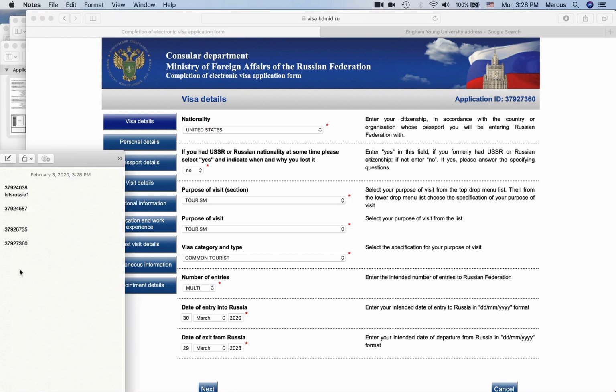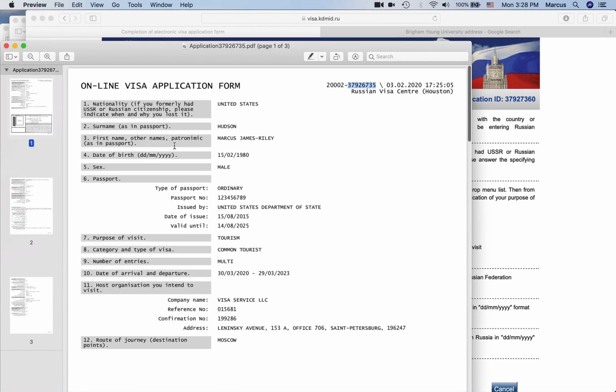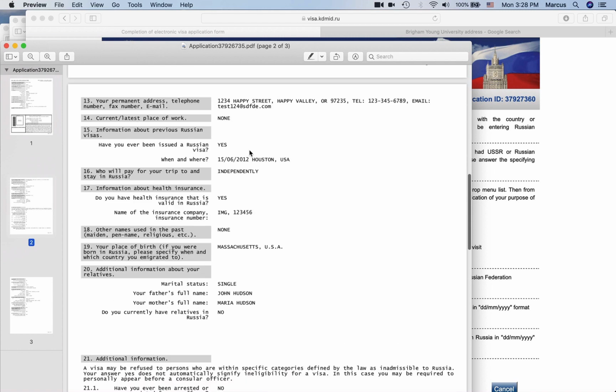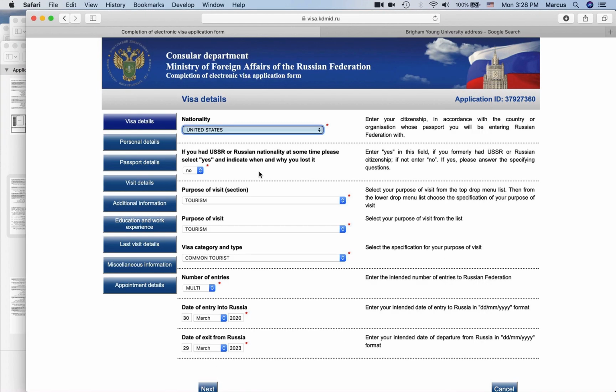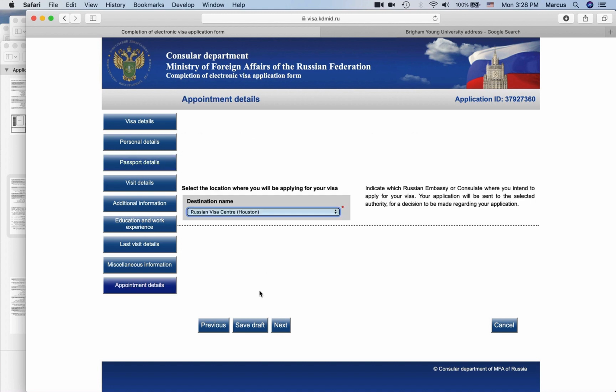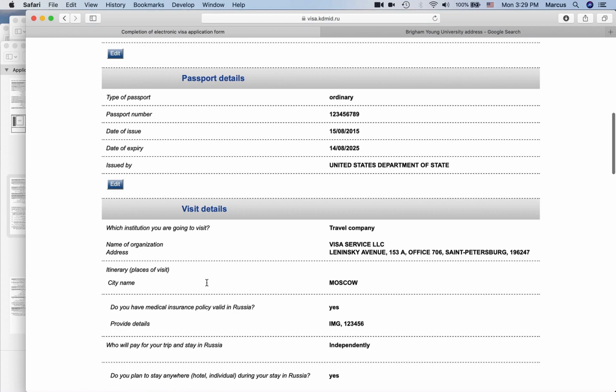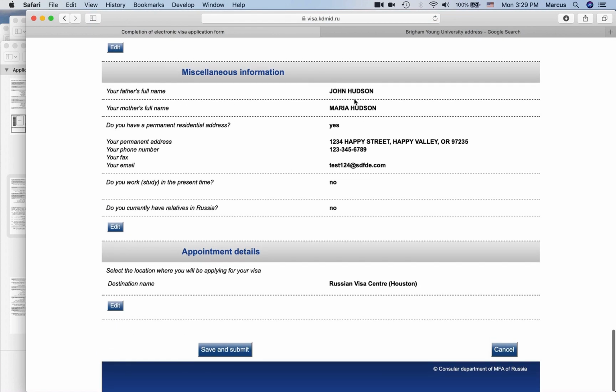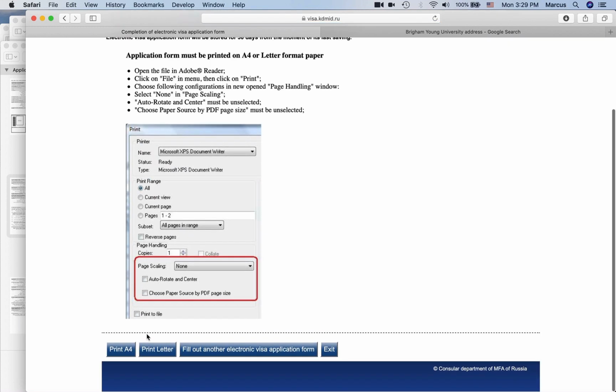So you can look at the section that you need, passport details or whatever it is, and then you can go through. Let's say I made a mistake in the number. It should have been a 9 instead of an 8, and so you can correct that, save it, and then if that's the only mistake, you can click down here, appointment details, and then next. Go all the way to the bottom. You can make sure everything's right again. Go all the way to the bottom, save and submit, and then once again click Print Letter,